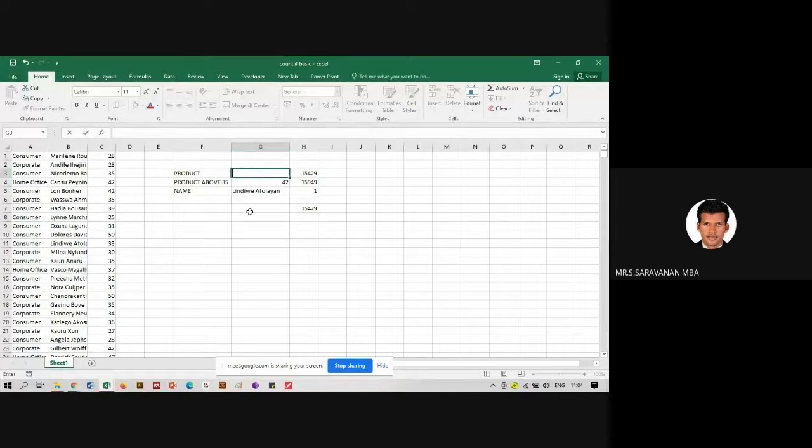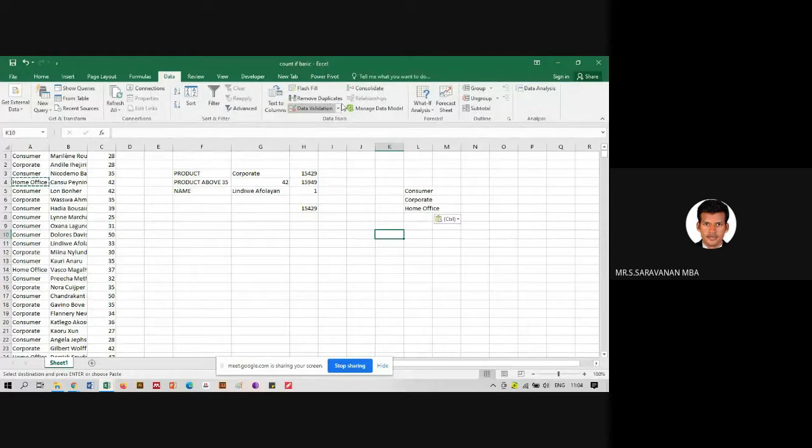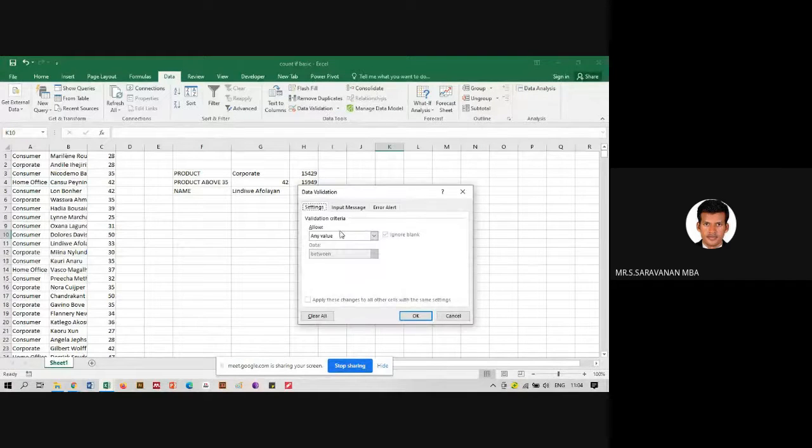We will take a much easier way. Go to data validation, create a list.